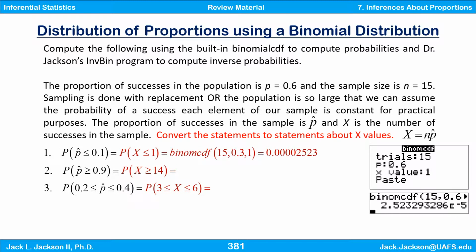Well, all you had to do is use a binomial CDF. You tell it there's 15 trials, p is 0.6, the x value is 1, and we want the probability to the left of that. Paste that in, and you get 2.5 e negative 5, so that's 2.5 times 10 to the negative 5, which is 0.402523. If you have a TI Inspire, it works almost the same way, except you give it